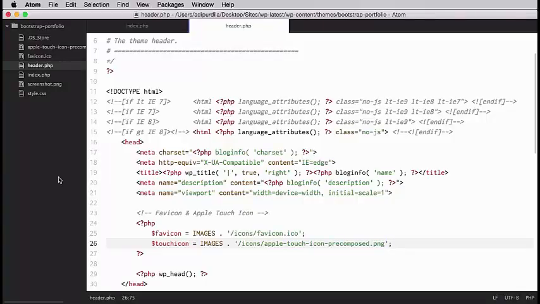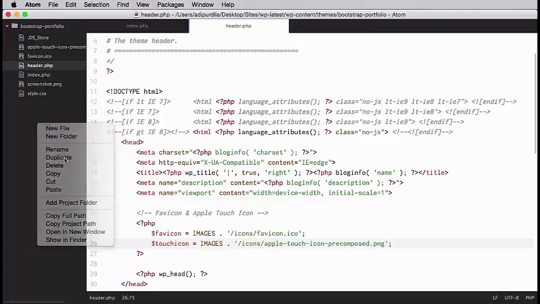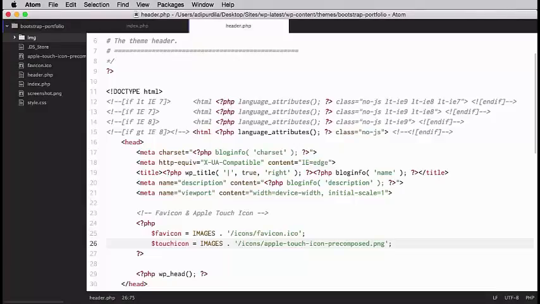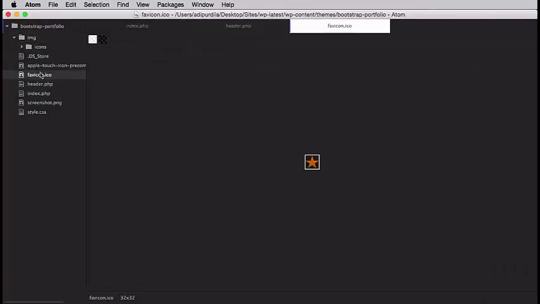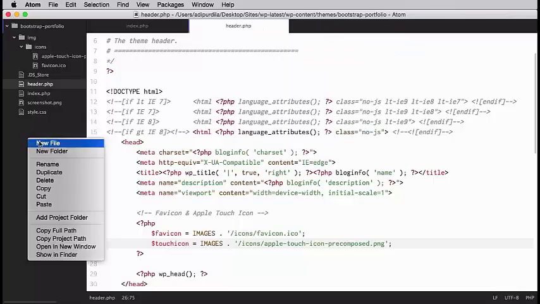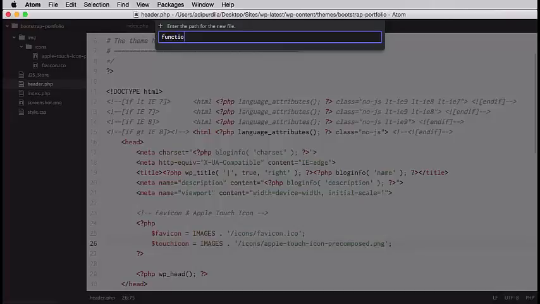Now, there are two things we need to do now. First, create a new folder called img, and inside, create a new folder called icons. And take the favicon and the other image and move them inside icons. Yeah, just like that. And then let's create a new file called